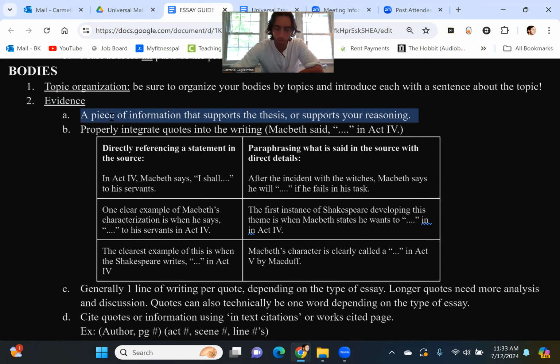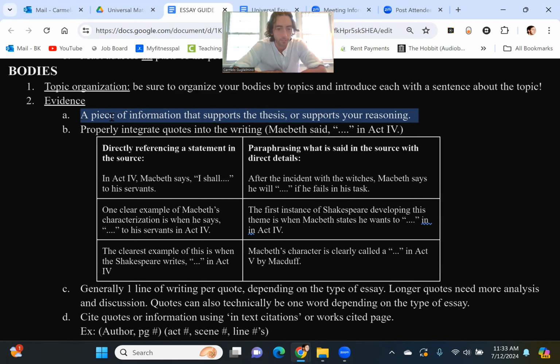So if we're arguing that Romeo is impulsive, do you want to give me some random quote from Peter in the middle of Act 1? Unless it is directly involving Romeo or contrasting him in some way, probably not, okay? Do you want to just give me Romeo's statements about when he's making fun of the nurse? And it's like, no, we need to find something that's really relevant to this, that really demonstrates that this kid is impulsive.